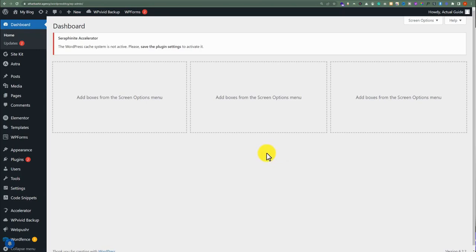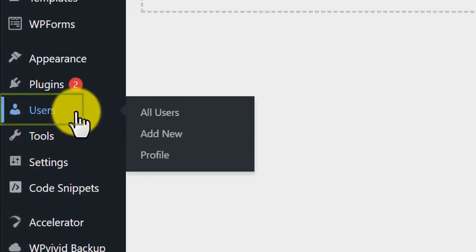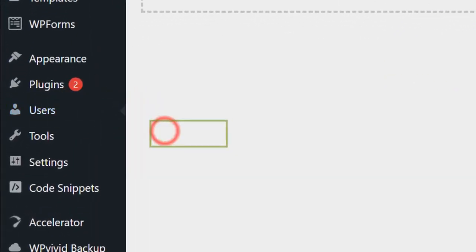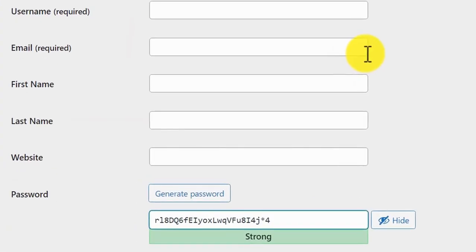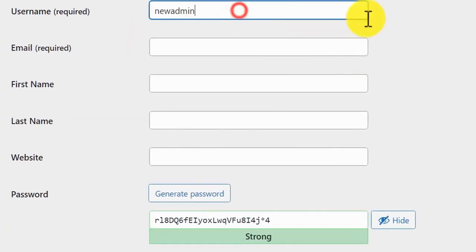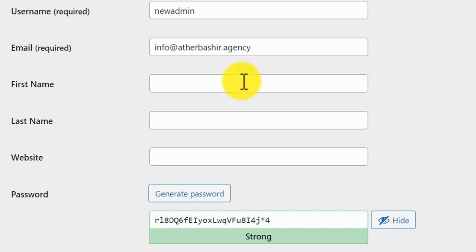To create a new user, from the left menu we are going to click on Users and then click on Add New. Now at first we need to add the username for our user. And then we are going to enter our user email. After that we are going to add the name for the user, and then we are going to set the